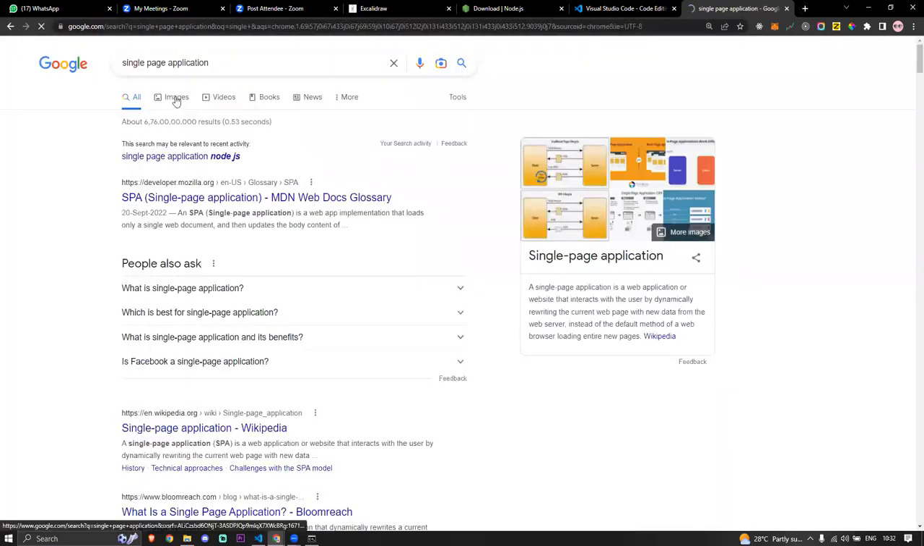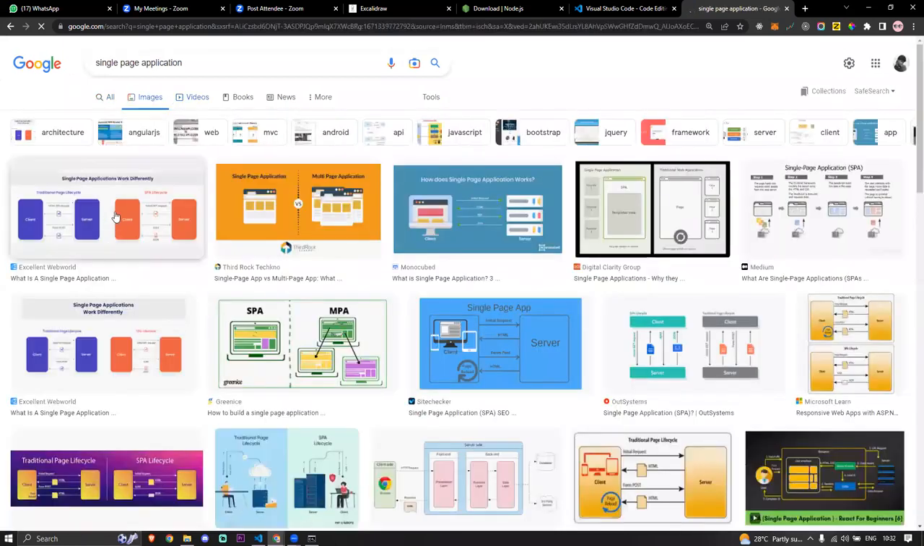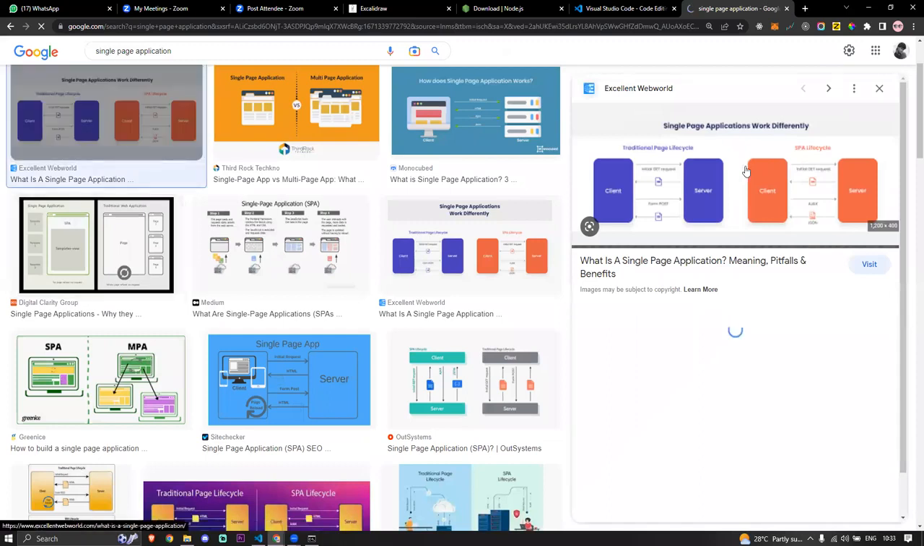I will show you the difference between the traditional multi-page application and the single page application. Okay, so you see, basically,